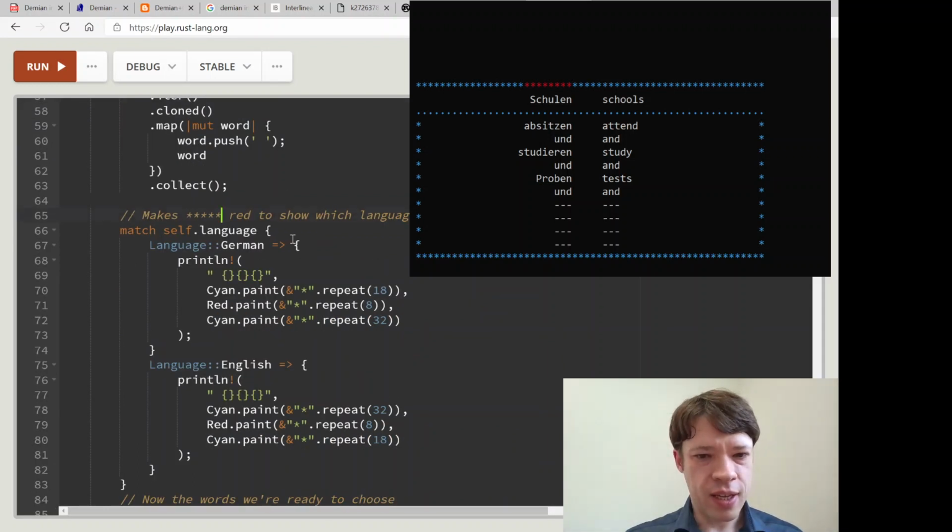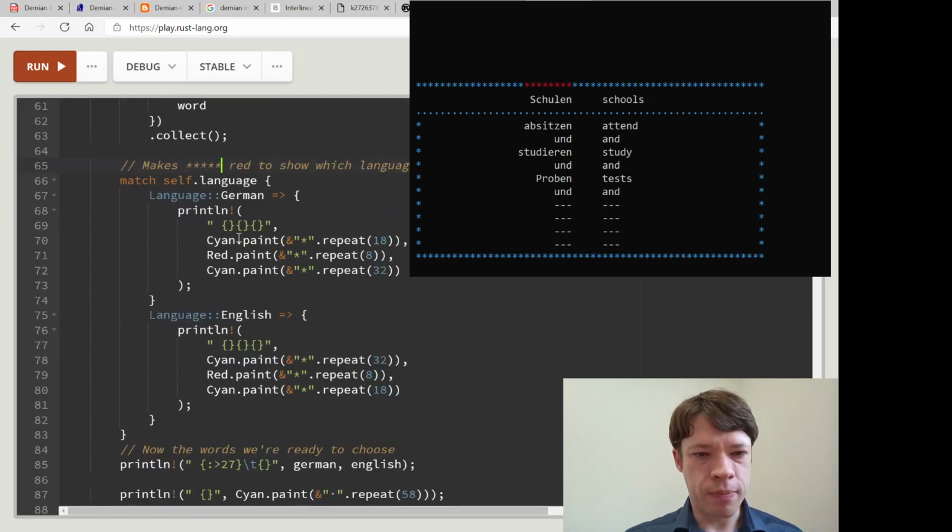And then down here, if it's German, then we want the red on the left side to show us that we're working on German, and if it's English, we want the red on the right side. So that's what this part is about.